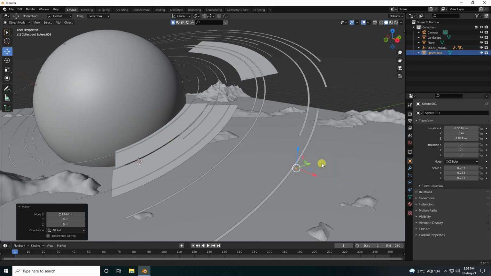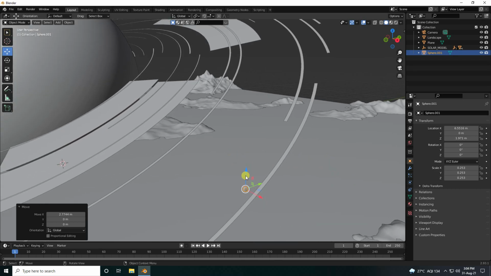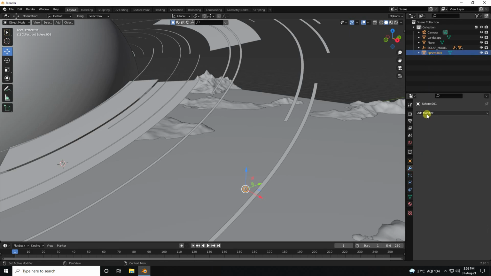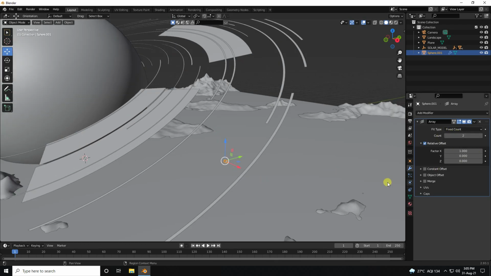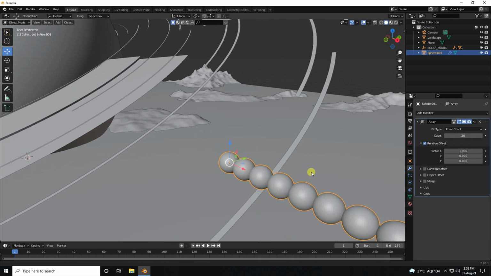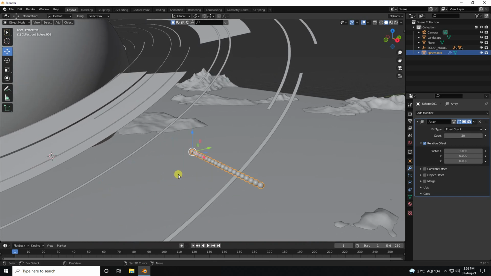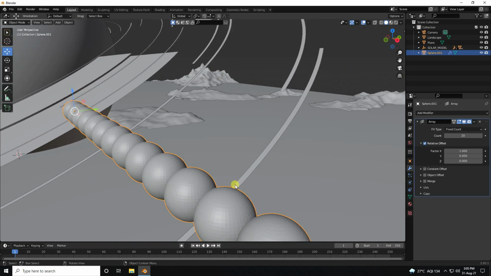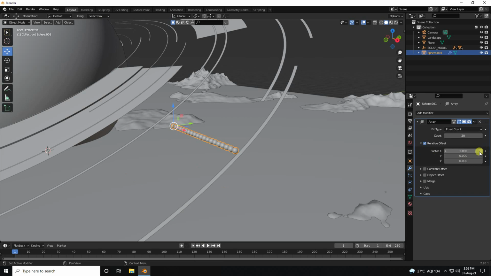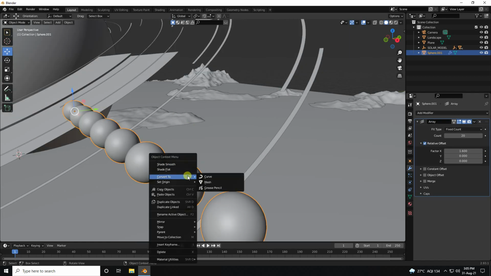and guys, closer. Now guys, I create a particle effect, so select your sphere and go to Modifier, use Array. Yeah, see guys, that's my count. I like 20, it's good. And guys, I change the position also, this one position, and increase like this. Yeah, and right click, Shade Smooth. Yeah, smooth shading is good.